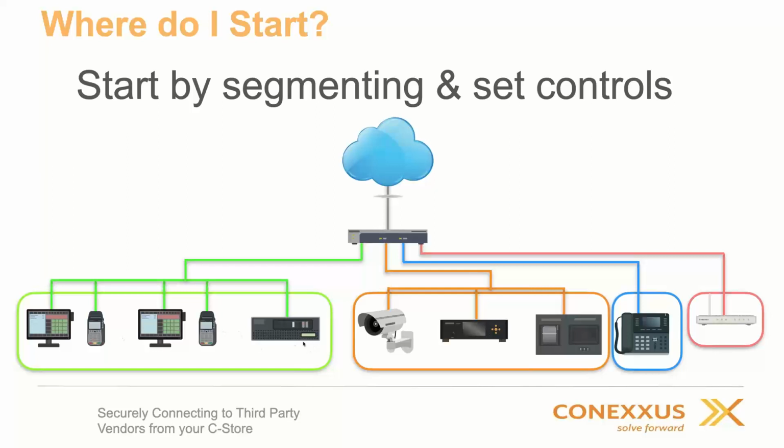You might pay for high-speed remote support from your point of sale vendor. That's reached across a VPN too, not via the internet. So by segmenting this network, you can lock it down, effectively remove it from the internet, and ensure that it can only communicate where it needs to communicate. If you were to apply the same